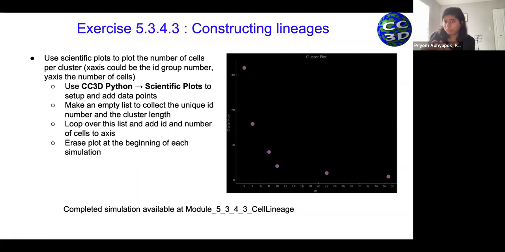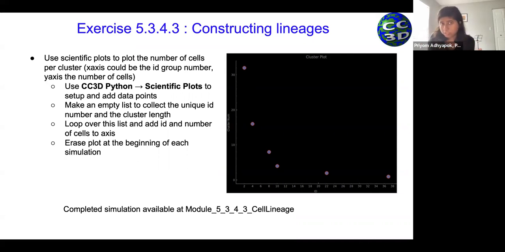we were collecting objects called groups, which is the collection of all the cells that make up a particular lineage. And so one of the tasks we could do is ask how many cells form part of each group. And how would we basically plot that information? A way to plot it is CompuCell has functionalities of